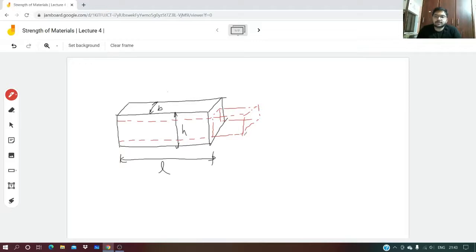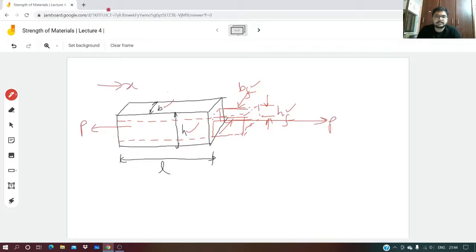So see, this is final height, this is final breadth. This was original one, this is final. This is original height, this is final height, right? Now what I told, if load is in this direction, in x direction,